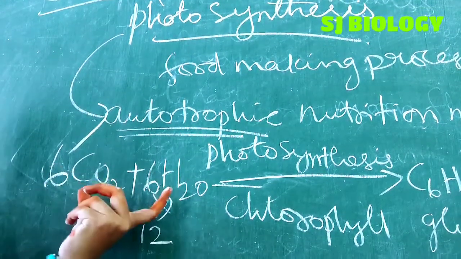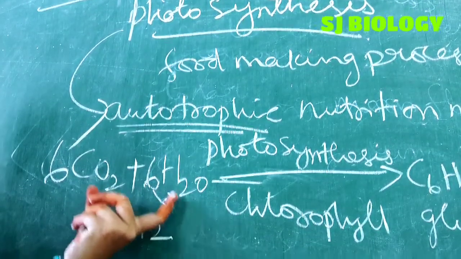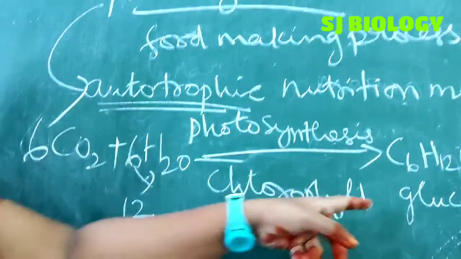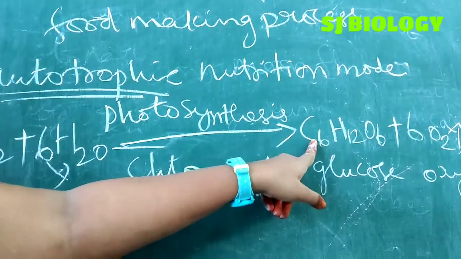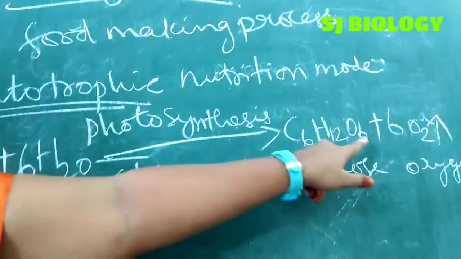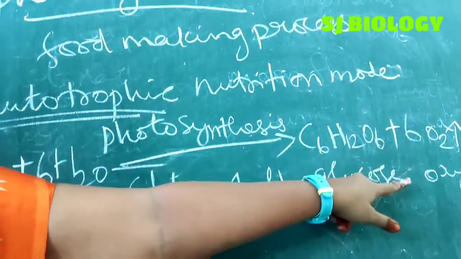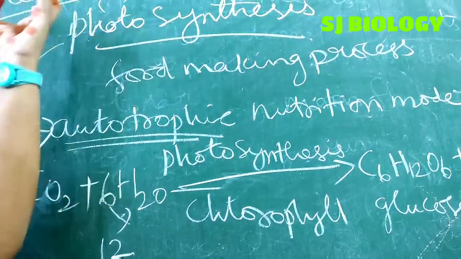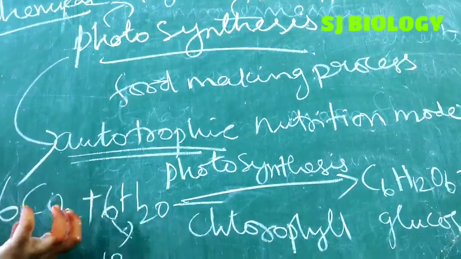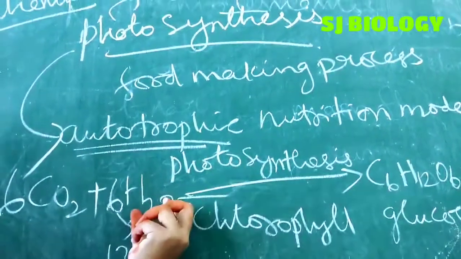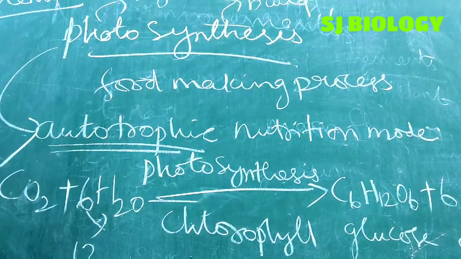Okay. Is it clear? So the carbon dioxide and water molecules combine during photosynthesis using the chlorophyll pigments. We prepare what? Glucose, that is C6H12O6, a glucose starch material, and then the byproduct is what? Oxygen, we get it. So during this process, photo light energy is converted into chemical energy, so carbon dioxide is reduced, and then water is oxidized. So this is the chemical reaction during photosynthesis. Okay.